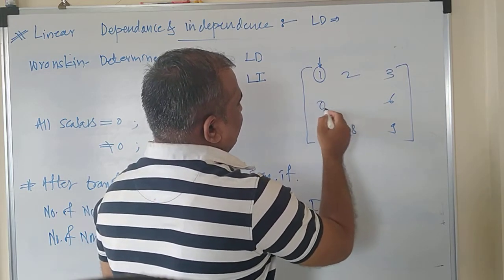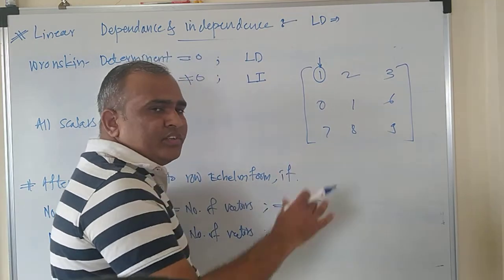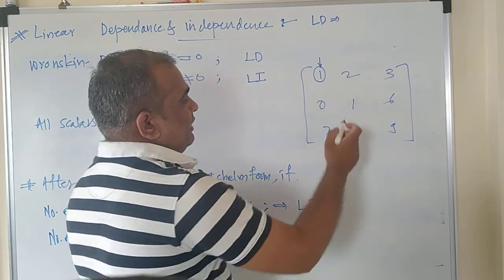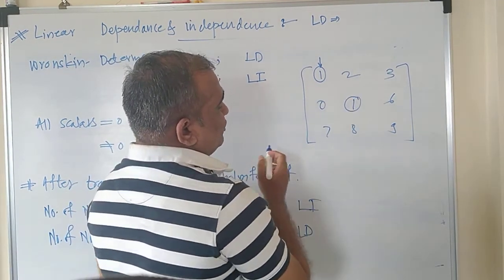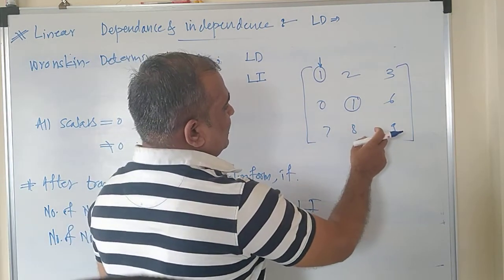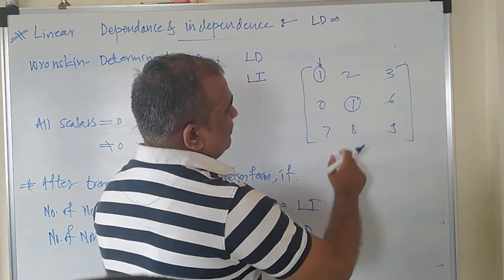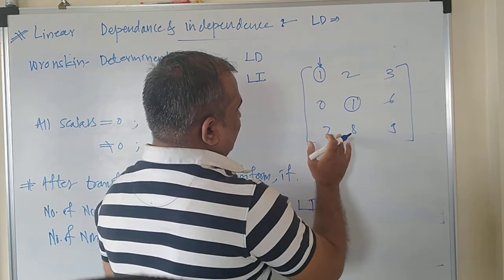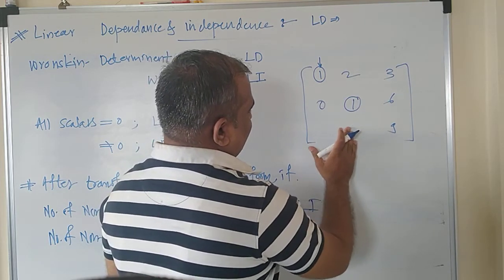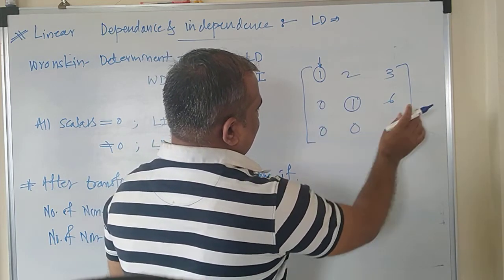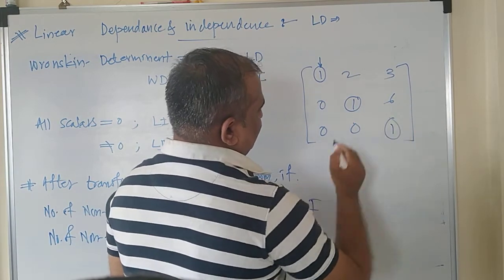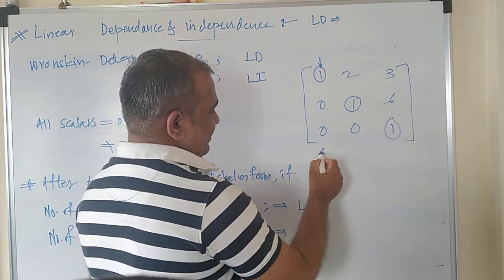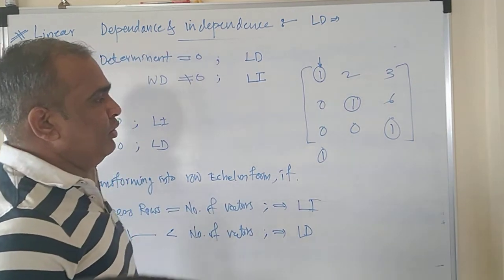So let us take here 1 after some operations. Then this is the leading element of the second row. Similarly, you should work out in such a way that here you should get the 1 only. And let us change this one also. So this is 0, 0, suppose 1. So this 1 is the leading element. This is the first criteria of the row echelon form.